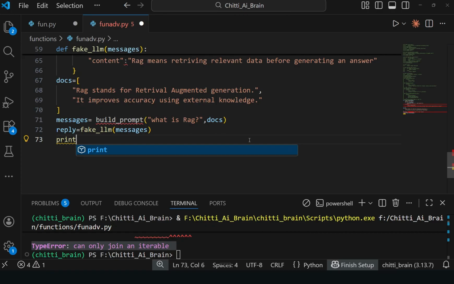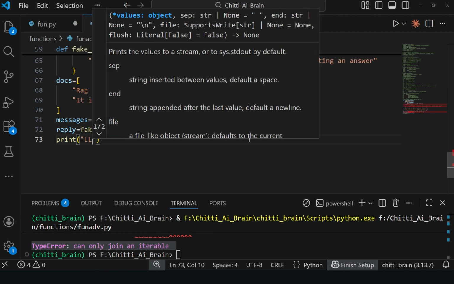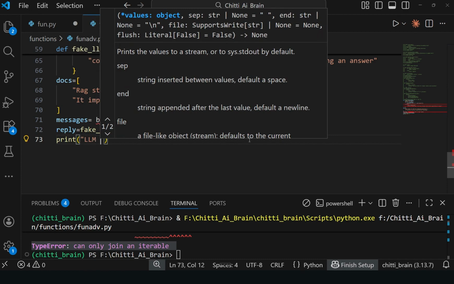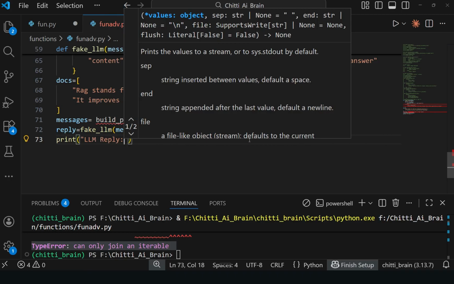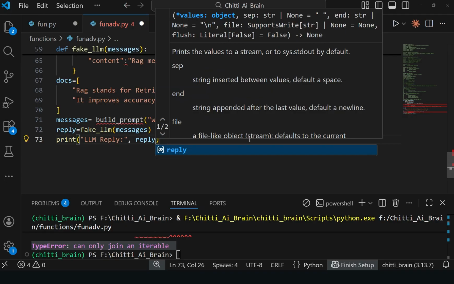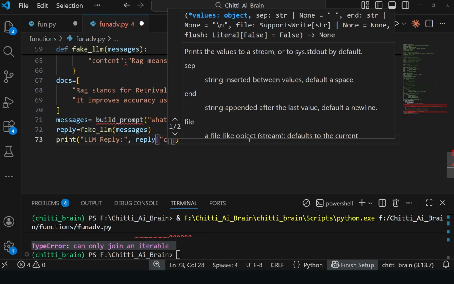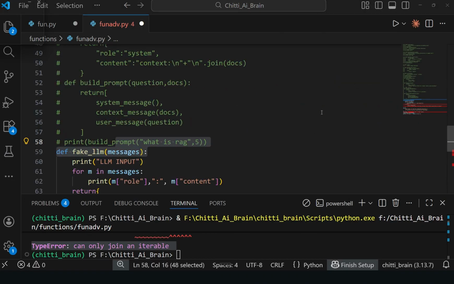From the content we wrote in the fake LLM above. Like RAG stands for, RAG means retrieving relevant data before generating an answer. Here from the documents itself it takes the response, makes a little bit of changes, and gives the reply like that.